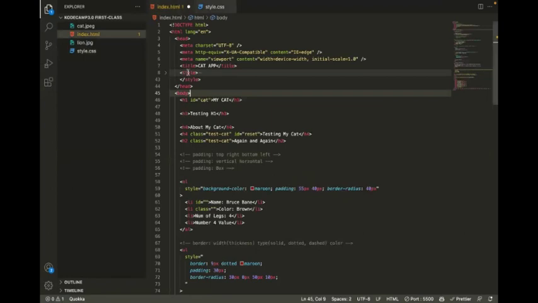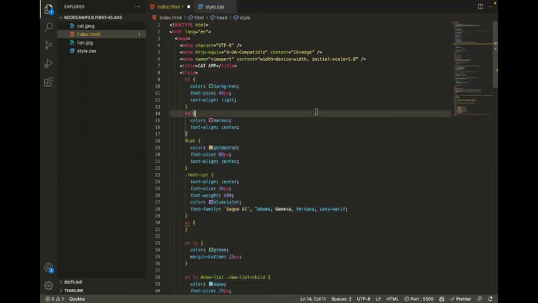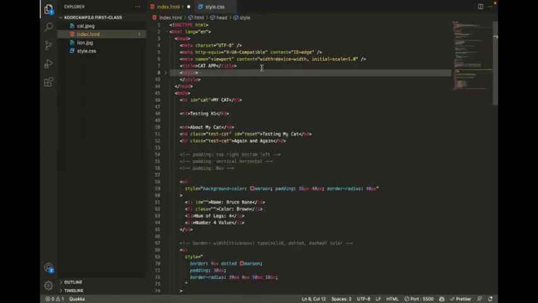Linking is done at the head. That's one thing about HTML, a lot of linking. Anything that has to do with, okay, I need to link a file that I'm using somewhere, or I need to use a library that I'm getting from somewhere, or I need to use a framework that I'm getting from somewhere, and I have the link, I need to make it visible on my HTML. Most of those things are done inside the head. All right, so now I need to link my